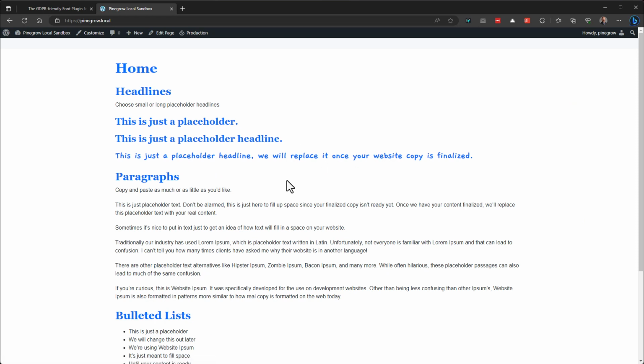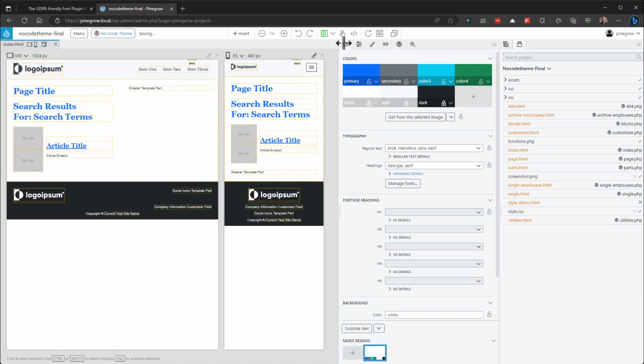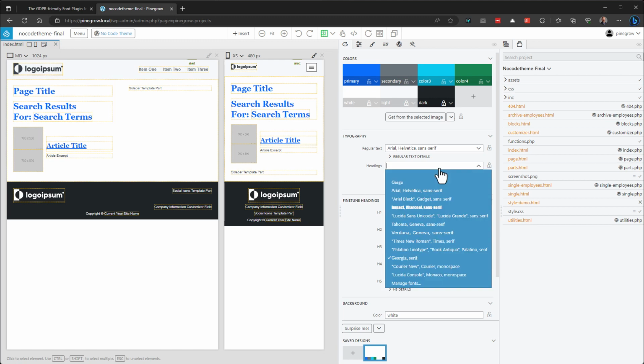Of course, we haven't done anything to update the theme, so it's only going to show where we've manually changed it inside Gutenberg. Let's go into our Pinegrow application and change it there. I'll open up our project file. And now if I come over to the design panel, I can change either the default regular text font or my headings font. In this case, I'm going to change our headings font from Georgia Serif,